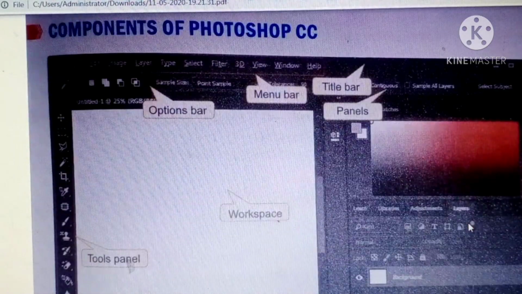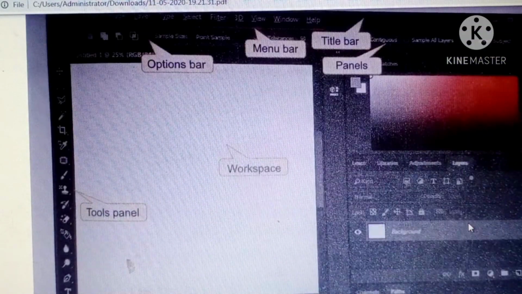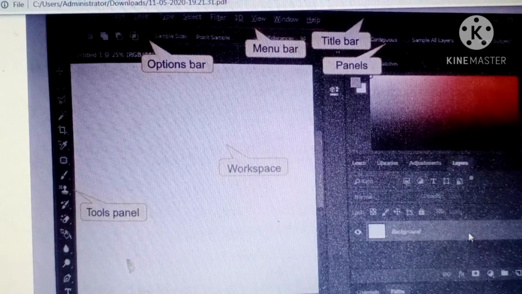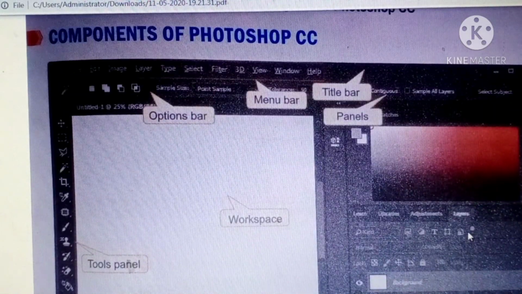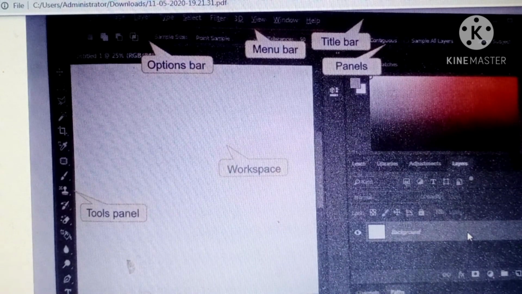After that you will see the components of Photoshop, like this. You will see this type of window of your Photoshop. In this window, at the right hand side, at the upper side, there is the panel. Then at the top of your window there is the menu bar.